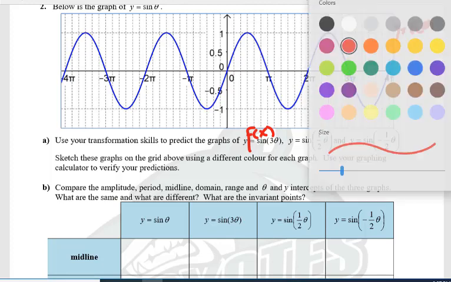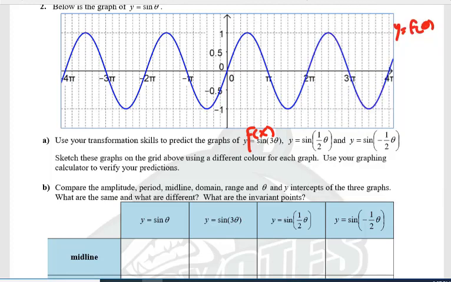In our next color, we did this second one in green. So now we have y is equal to sine of half x. Let's call this g theta. And let's graph y is equal to sine of half theta. What do we think would be happening with half theta? That would be a horizontal stretch factor of 2. So everything is stretched 2 times as far away from the